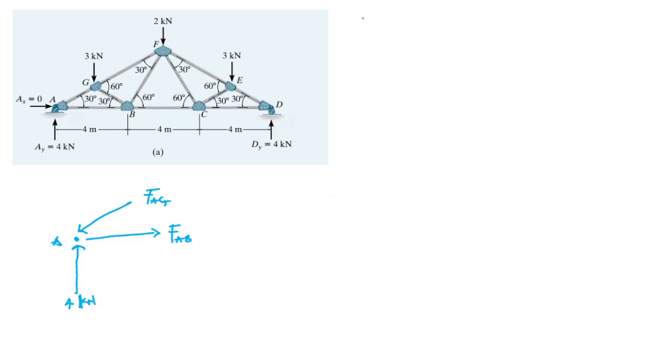Now we just apply our equilibrium equations, and we say summation of forces in the vertical direction equals 0. If we take this to be positive, I hope you know how to resolve forces into components. Let me just give you an example here. This angle is a 30-degree angle. If we have this force and we are resolving it into components,